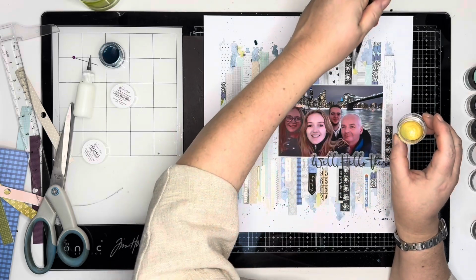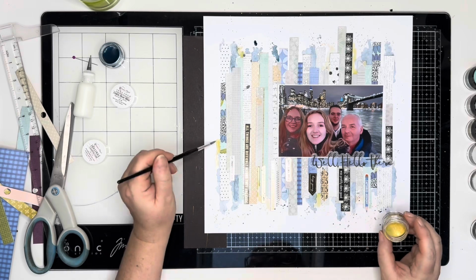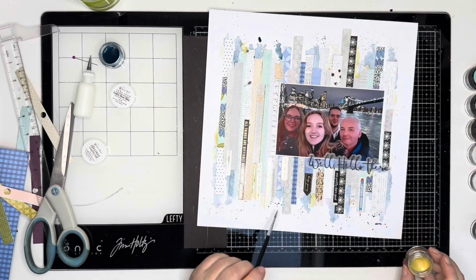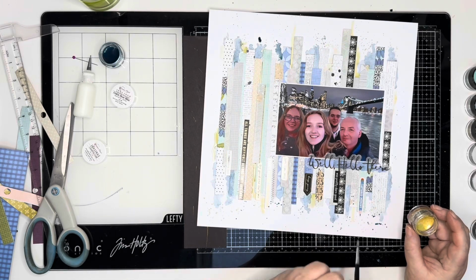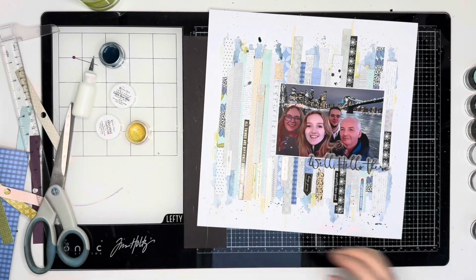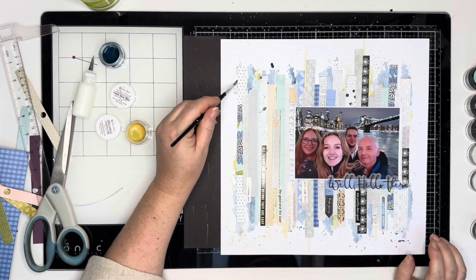So more splatters, more squiggles, and then I do add some straight vertical lines as well, just imagining those lights going up to the sky. Here we go. So here are some of those lines that I'm adding, and some at the bottom as well, almost as if they're reflections on the water, I suppose. So coming back with a tiny little bit more blue,